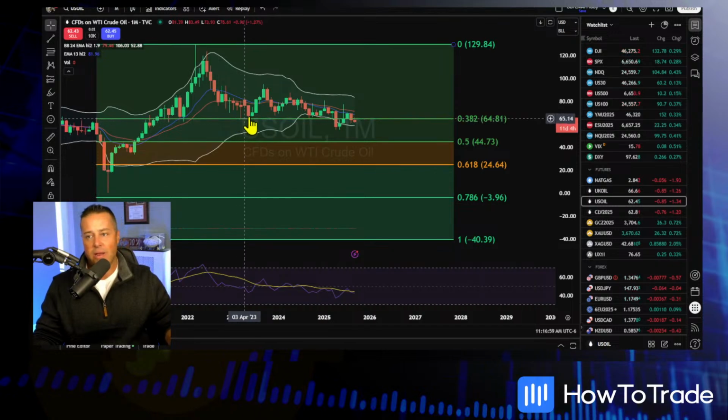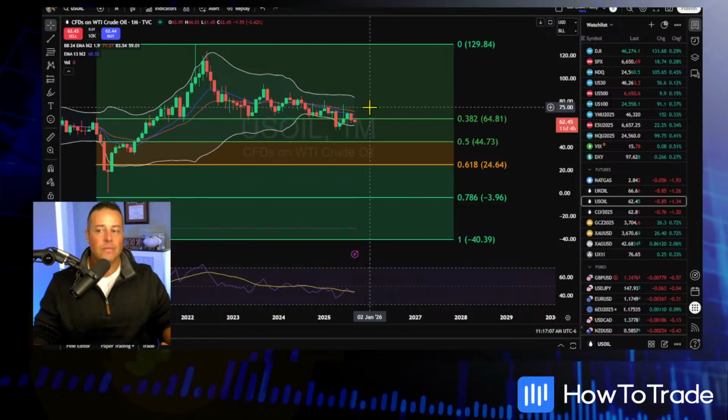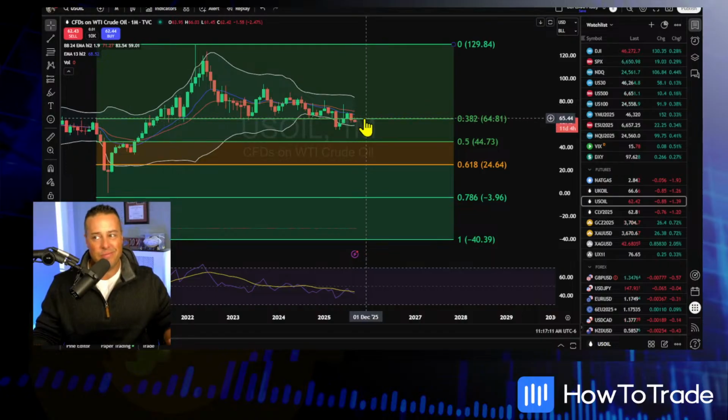No question about it. Rebound, nice rally here. And then we come back. We just cannot seem to violate and take that level out. It's happening right now. This level, once it's in the rear view, look out. Do we go to 44.73? Not yet. You're gonna have to see the policies of the Trump administration really take over in the energy department for that to actually happen.